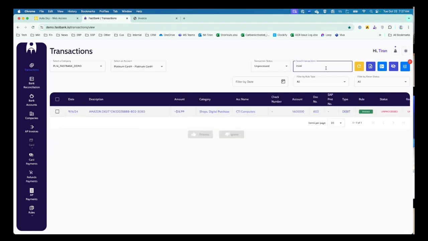Let's say invoice. There you go. So this particular one is an invoice match rule. What it did was, when you have an invoice number noted, I think it's because in the description it matches some sort of 802 right here, or a business partner name. It automatically suggests that you will post this against this open document in SAP.